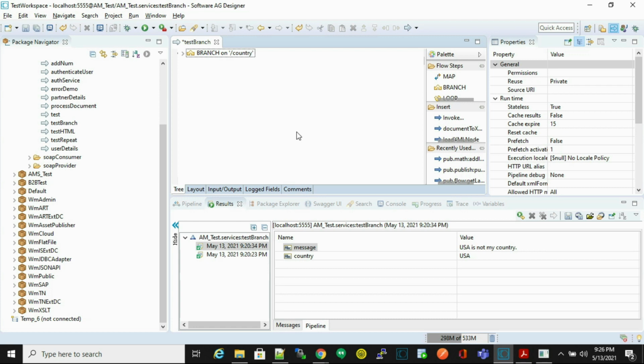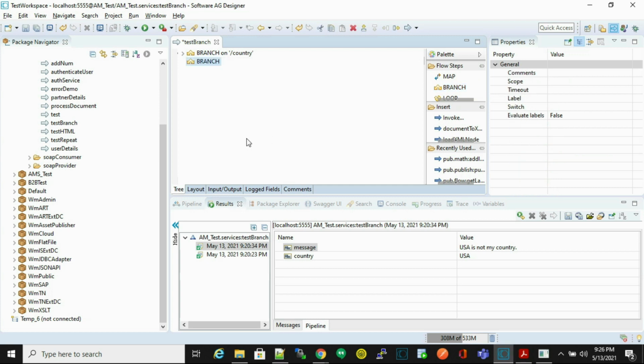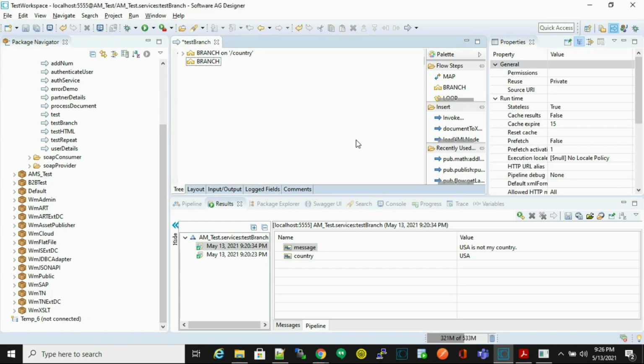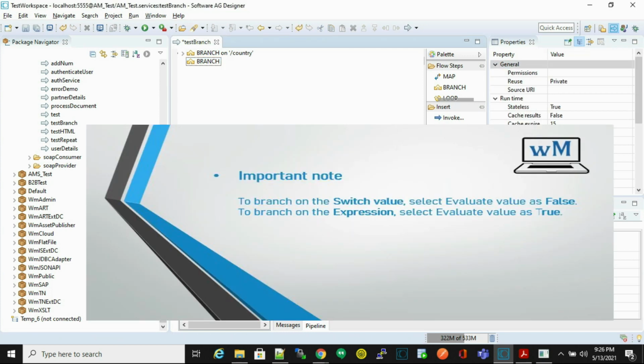Now we'll see the other way to implement branch step, that is branch on expression. So let's drag one more branch step. In this case, first we have to make the evaluate label as true. Why true? Because in this case an expression is assigned to each child step and it could have multiple pipeline variables. So for example,